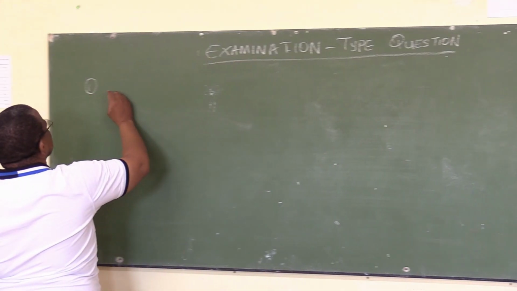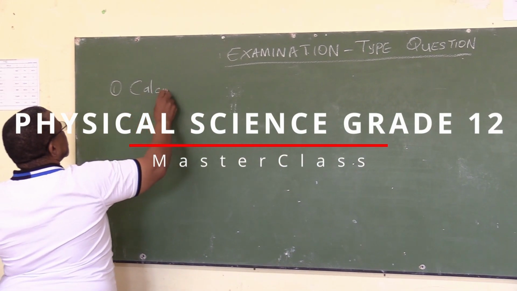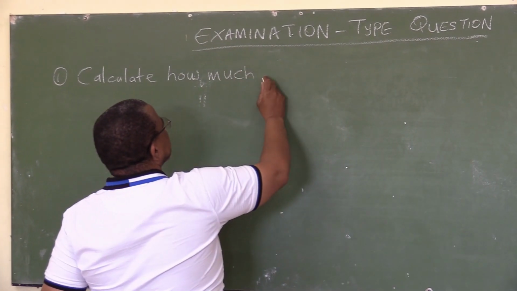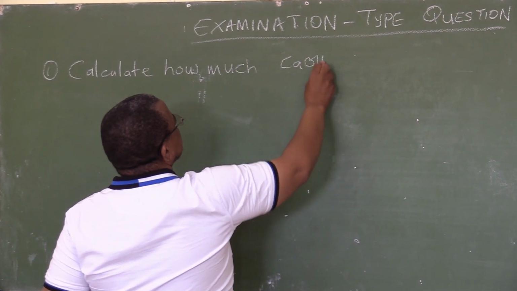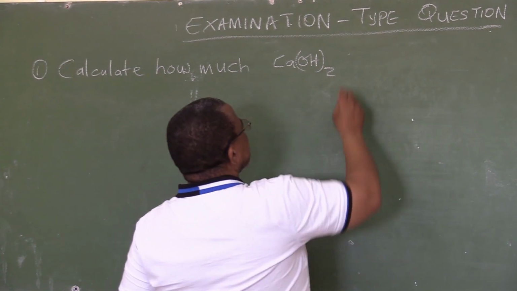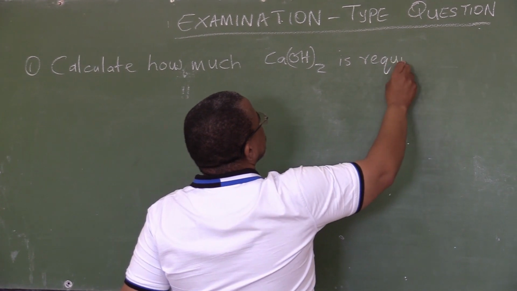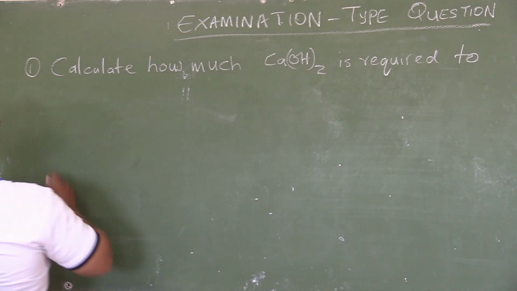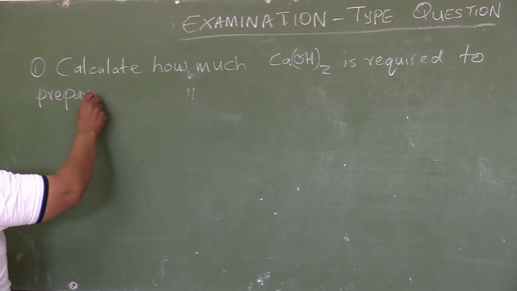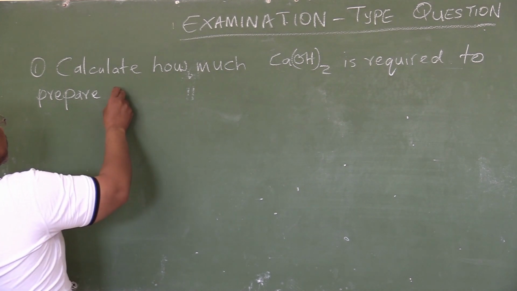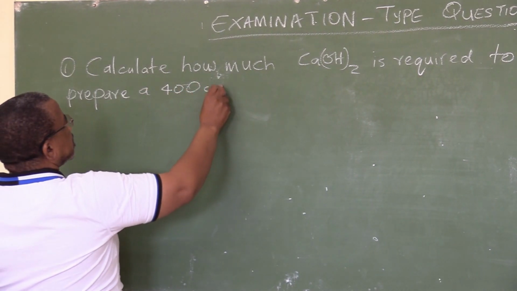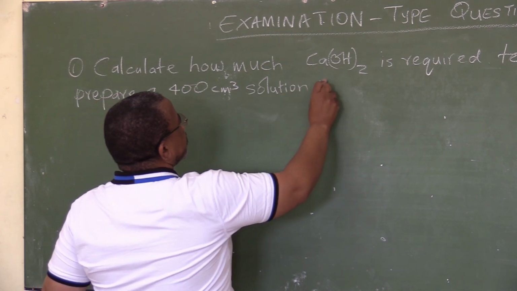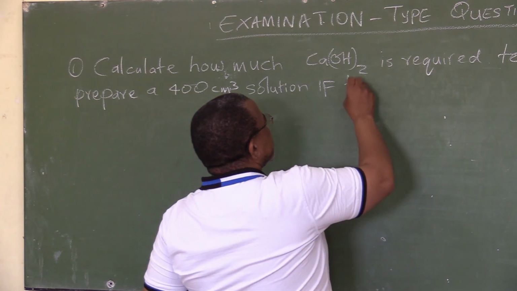Number 1, calculate how much calcium hydroxide is required to prepare a 400 cubic centimeter solution if the pH